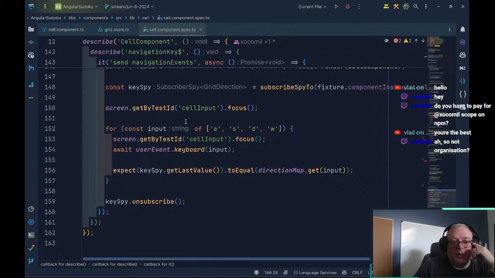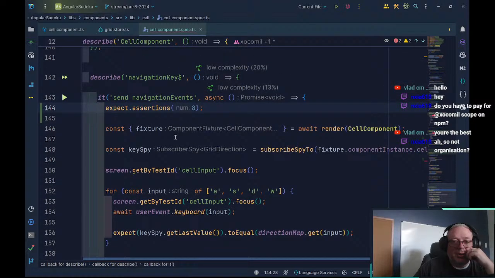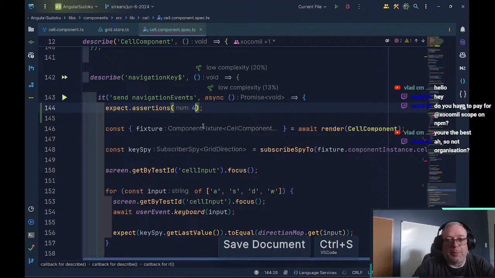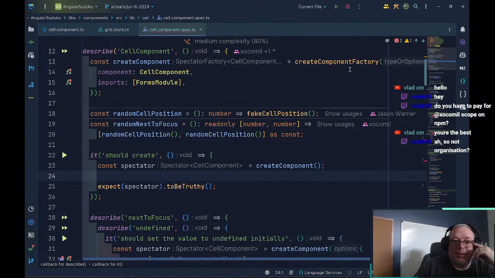So we've got our focus, and then we've got that. Really, we've got 4 assertions here. So we're going to make that 4. And I think that's going to clean up everything outside of